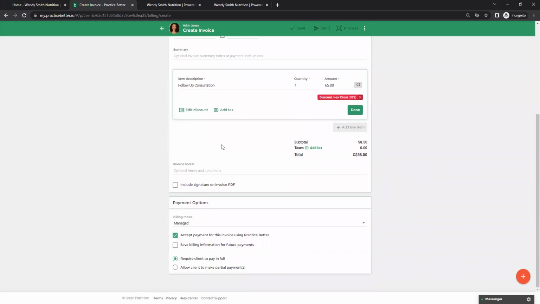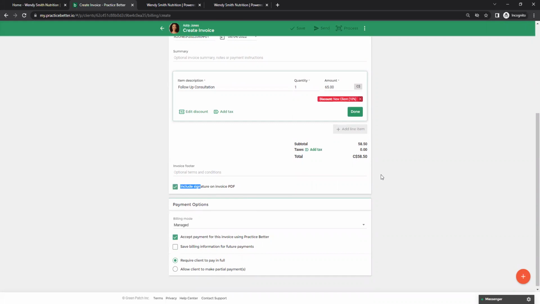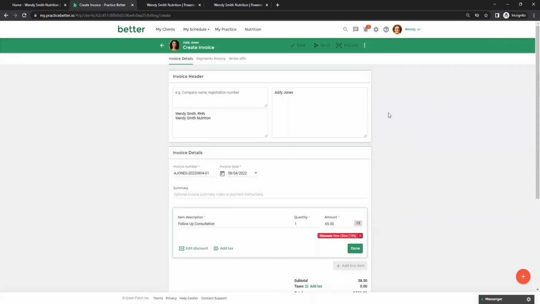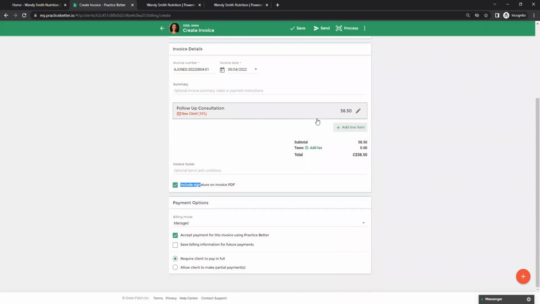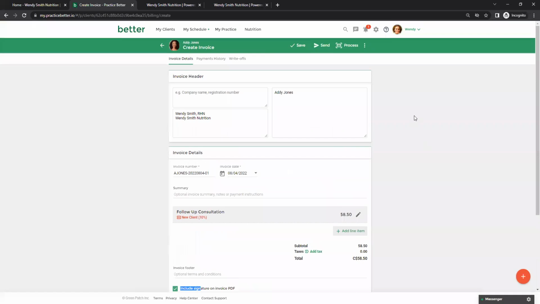So you can just set this invoice how you would like it. If you want to have your signature on the bottom, you can. Once you're finished, click done, and you have several options. I can either just save this invoice if I'm not ready to send it to Addie. I can send it, so then Addie's going to have a notification that she has a new invoice